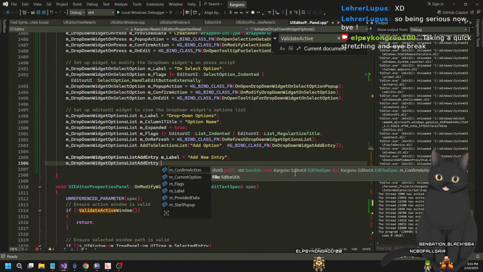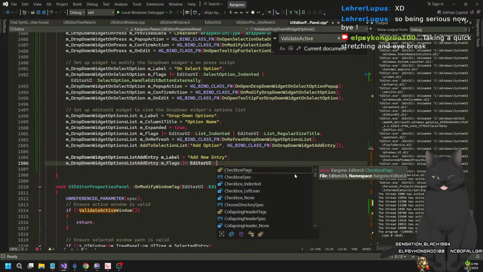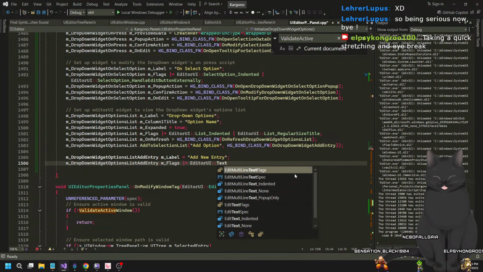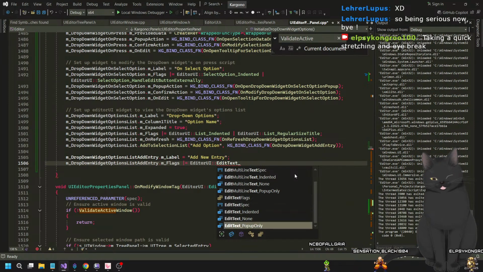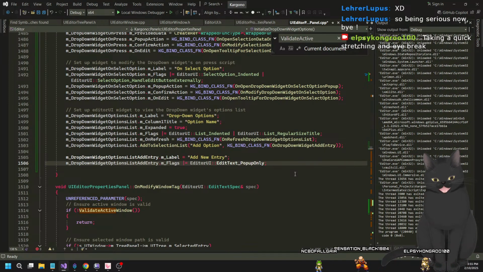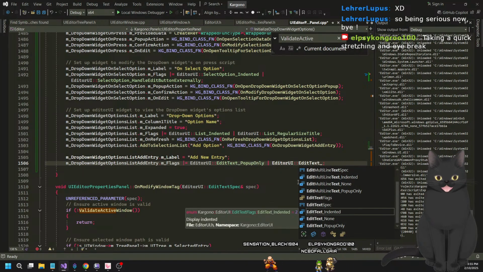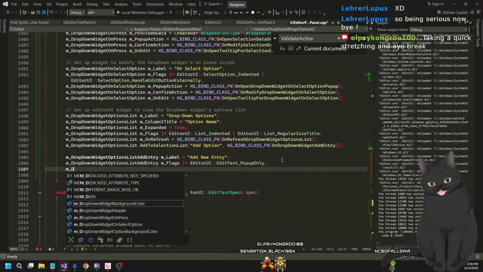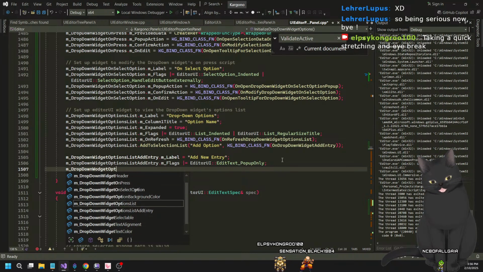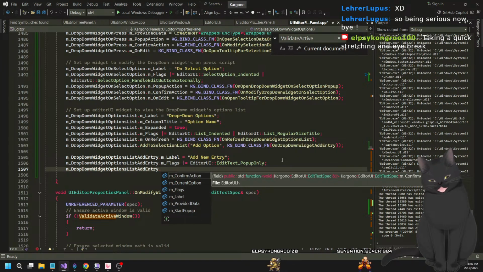Okay, one thing I really have to do is go to the flags. Gotta add a few flags real quick. First one is, what was it? editorUI. What was the flag? What text? Edit text is what it says. Edit text. Okay, yeah, pop-up only. So we only want it to do the pop-up. That's it. Is there any other flags I should do with this? Let me check. Indented, yeah, I don't care, it's not been shown. Yeah, so pop-up only is fine. Oh, yes. Oh my god. Ridiculous. Alright,